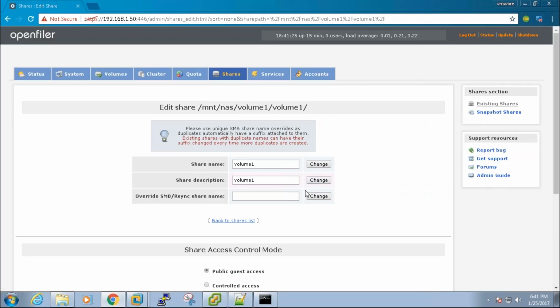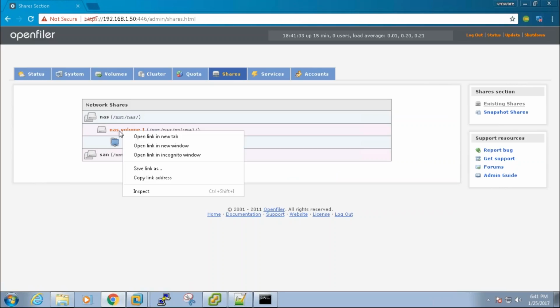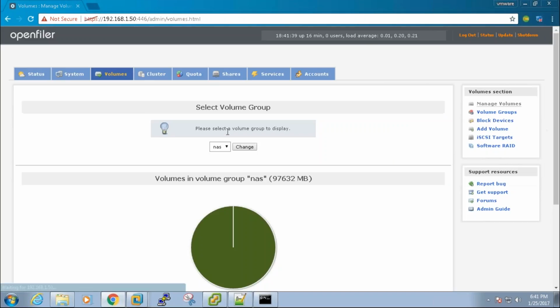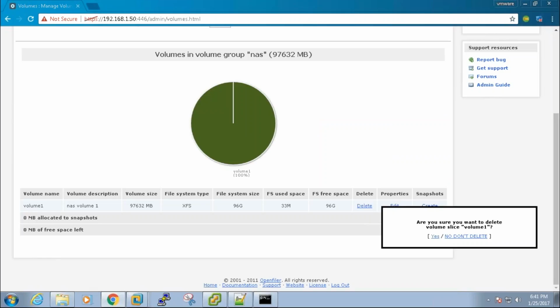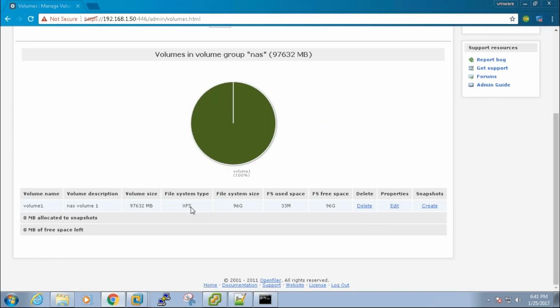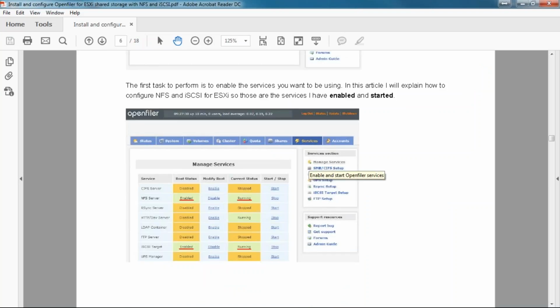Fine. So when I share this recording, be aware that you have to ignore this particular step. What I'm doing here is, I am going to delete this particular volume here and recreate it. Because we chose a wrong file system, that is XFS. You need to go for